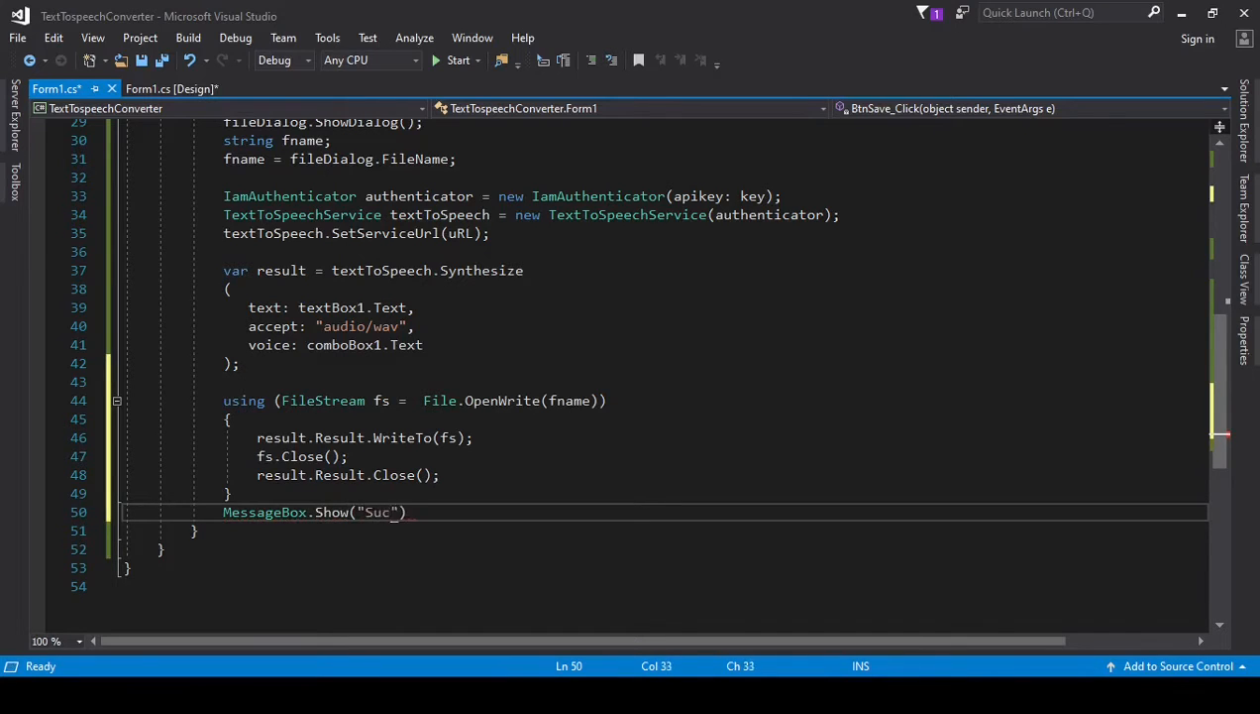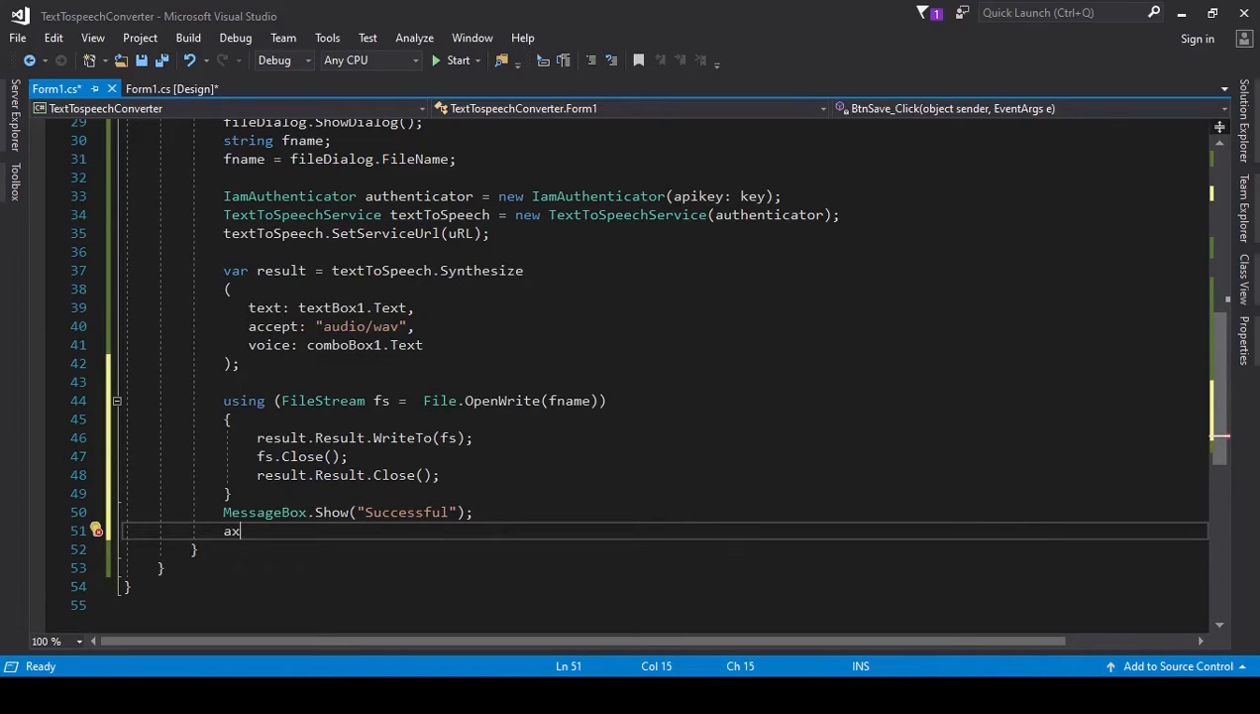Now I will display a successful message after the audio file is saved. I will pass the saved file to the Windows